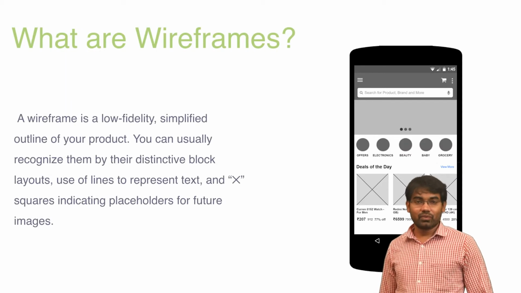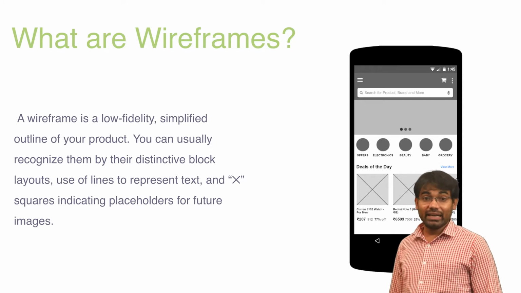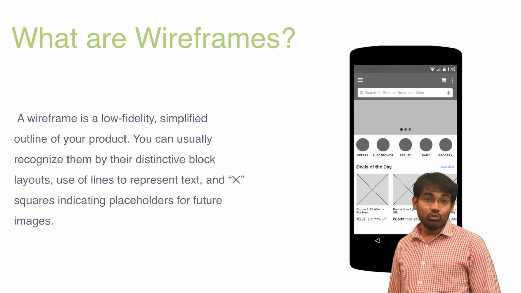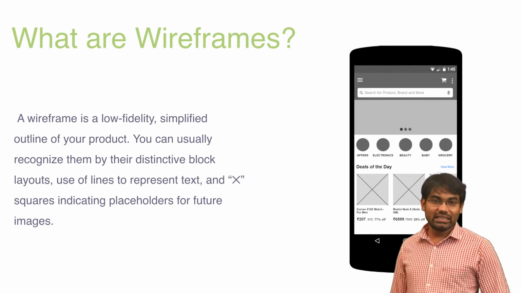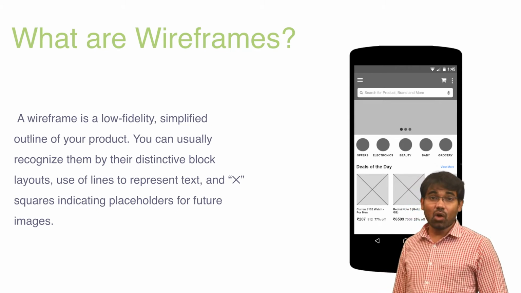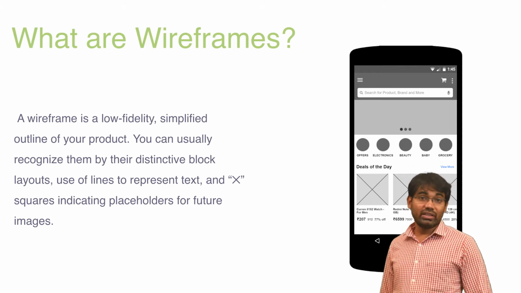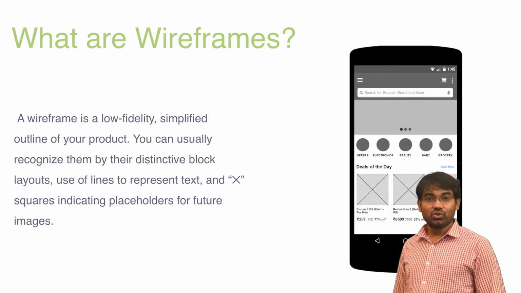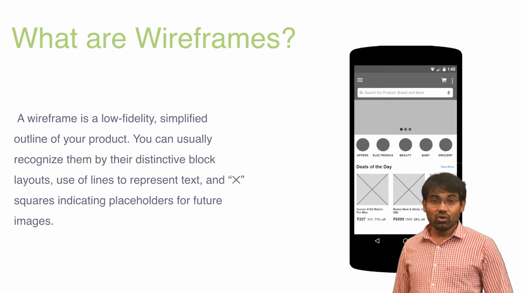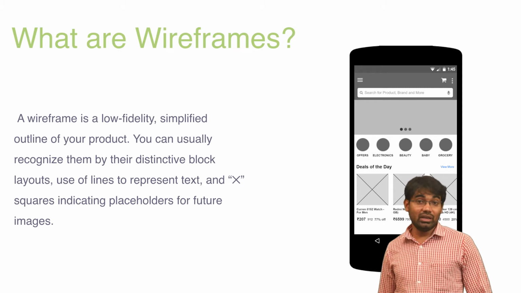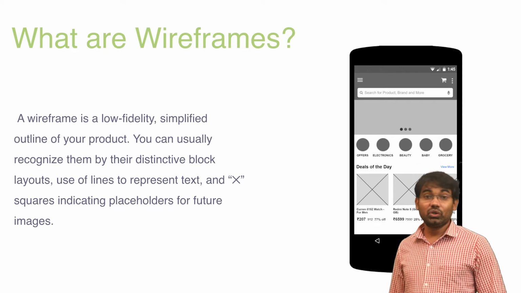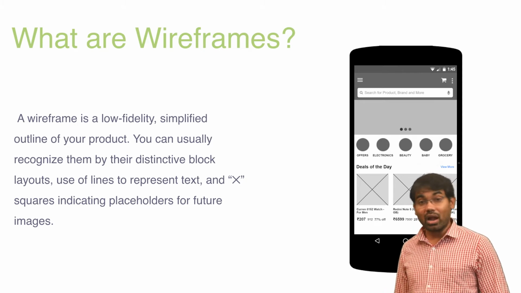What is a wireframe? A wireframe is a low fidelity simplified outline of your product. It is also called a blueprint of the application. For example, when we are building a house, our civil engineer may give us an outline of the house where all the measurements of each room, house structure and floor plan etc. are mentioned. We can make out how our house will look based on the blueprint, isn't it? In the same way, we are going to create a blueprint of the product.